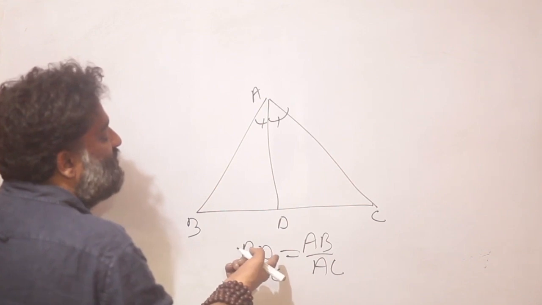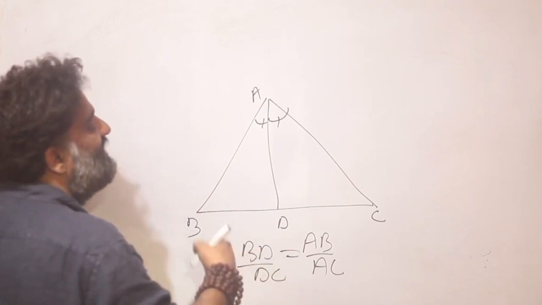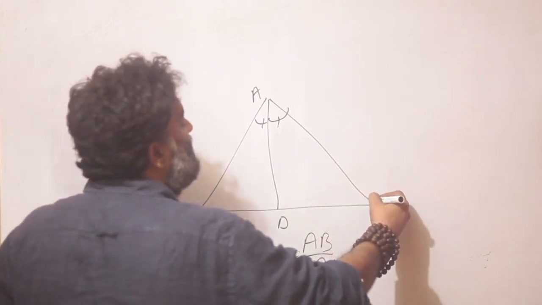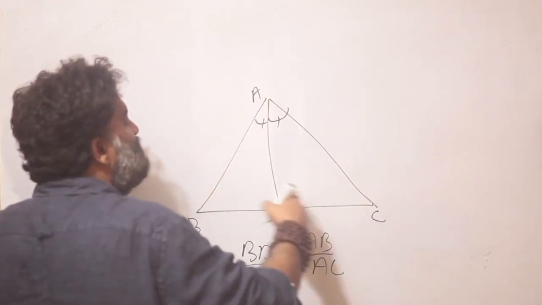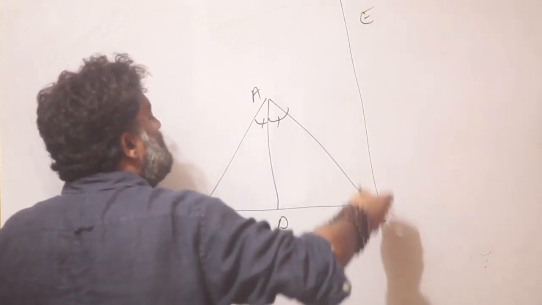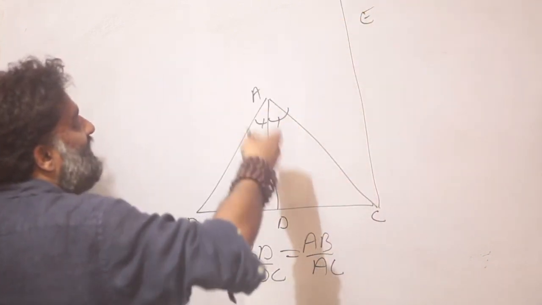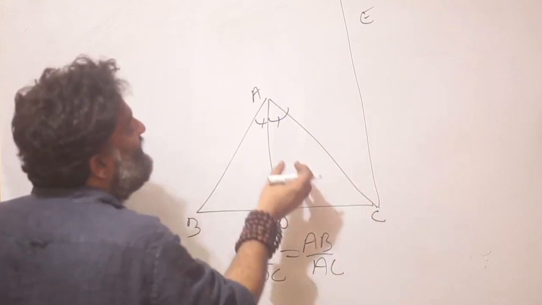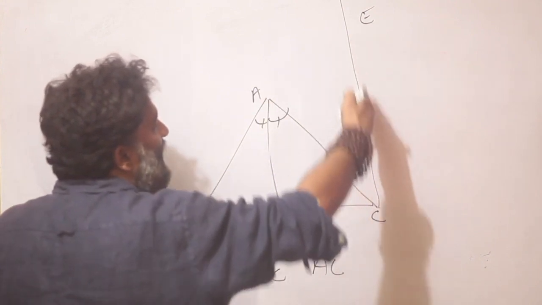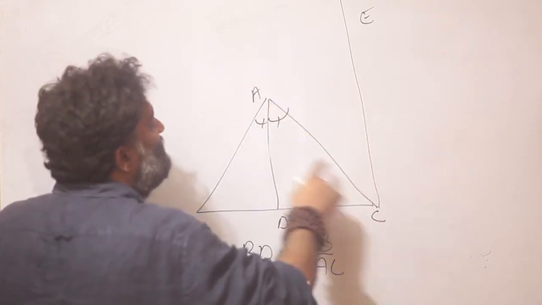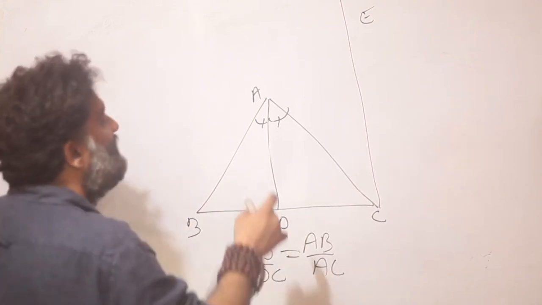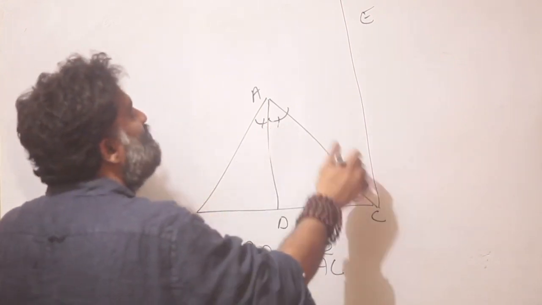The first thing that I notice is equality of ratios. That means somewhere similarity is going to kick in. But before similarity can kick in, let me draw a line parallel to AD and let me call it CE. So this line is parallel to line AD. What that gives me very quickly is that this angle is going to be equal to this angle because these are two parallel lines and this is a transversal. These two are alternate interior angles, day one theory, right? So these two angles are going to be equal to each other.